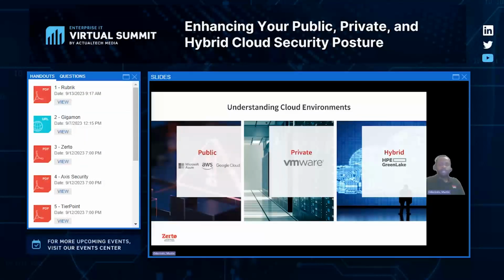And this isn't a case of which one is better. I'm just going to go over some key general characteristics, but also mention some of the concerns associated with each model. Now, we have public, the most typical type of cloud infrastructure, your AWS, Azure, Google Cloud, offering pay-as-you-go pricing, reducing infrastructure costs. However, some of the concerns usually associated with that are data privacy and meeting industry-specific compliance requirements.